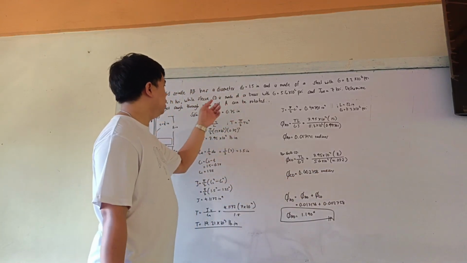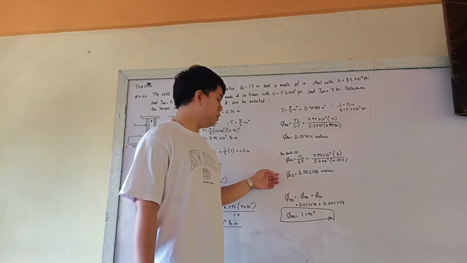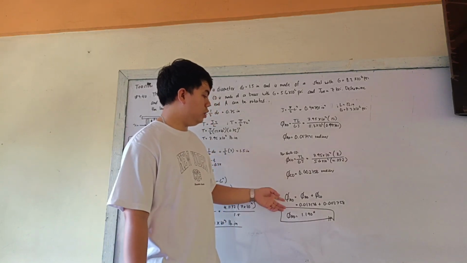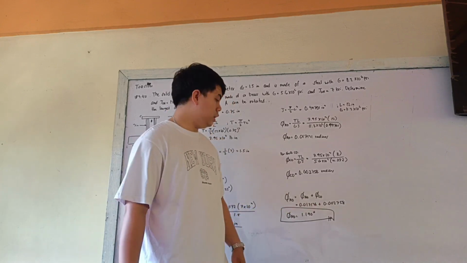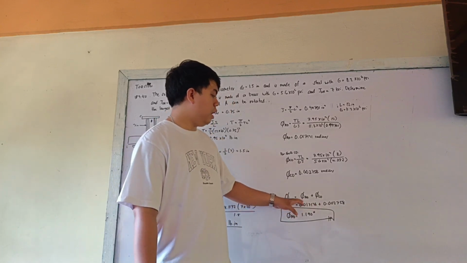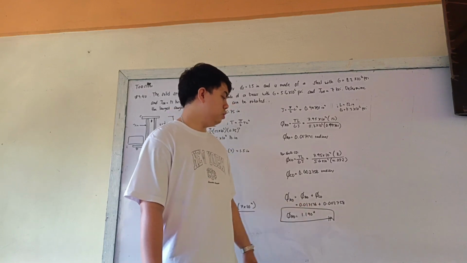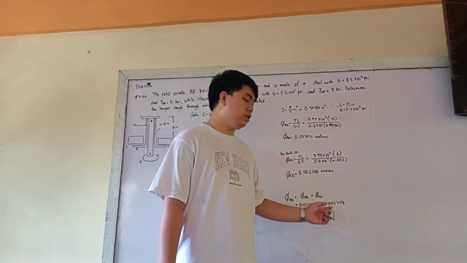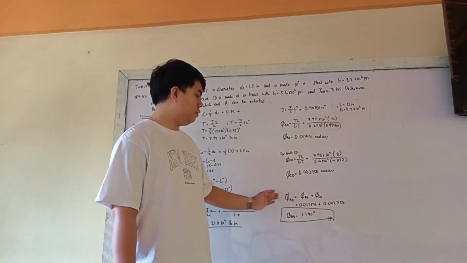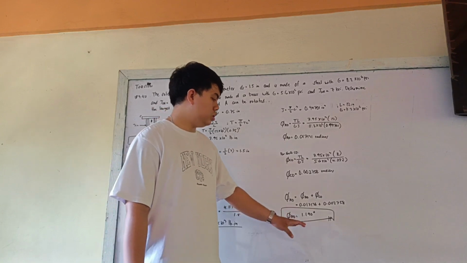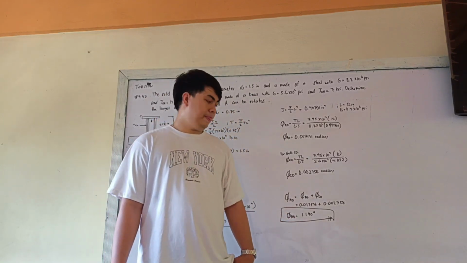So we need to determine the largest angle. So we just simply sum up. So we have from the angle A to D, angle AD is equal to AB plus CD. So plugging in the values, 0.017131 plus 0.002758. So we have angle AD, which is 1.140 degrees. And that's all.